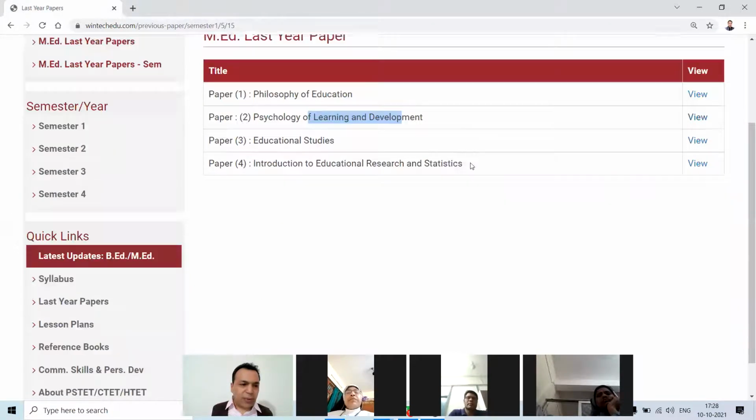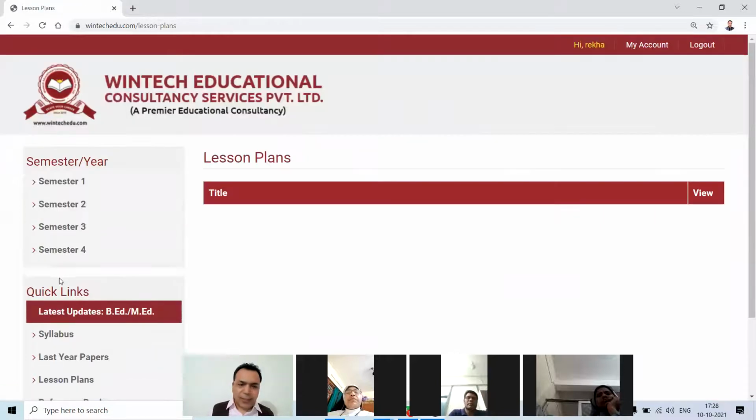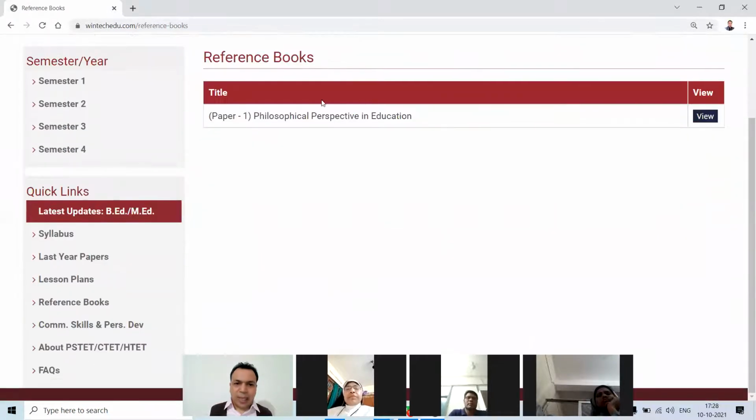Okay, you can access it from here. Again, lesson plan. There is no use of a lesson plan here because it was in the B.Ed process. If there is theory to that, then I can put it here also, but in the first semester there is no lesson plan. Okay, this is a reference book. You can take the help of these reference books also if you want. Otherwise my notes are sufficient.